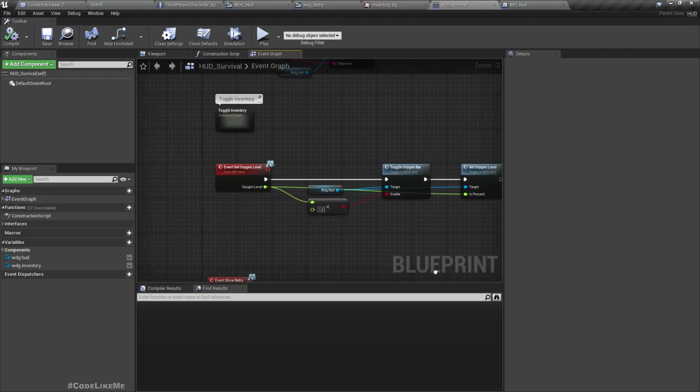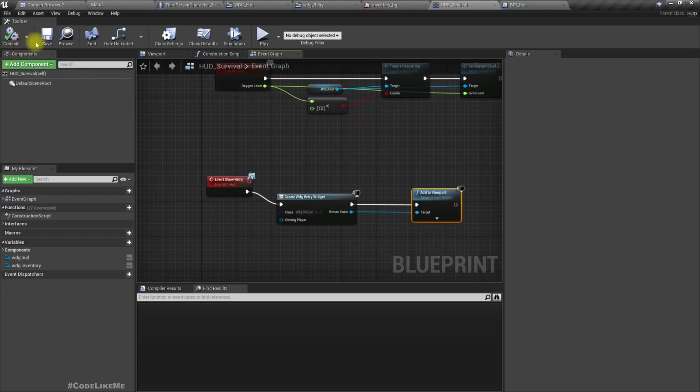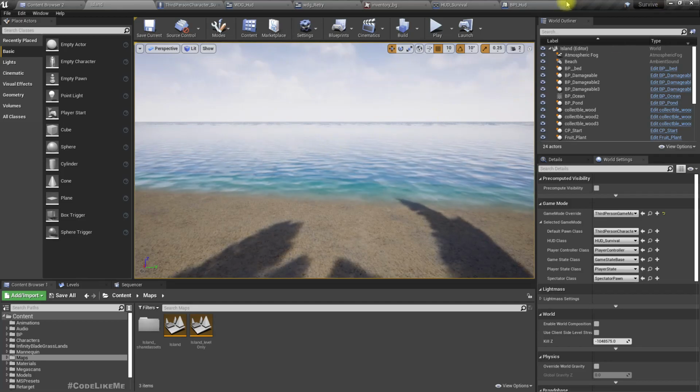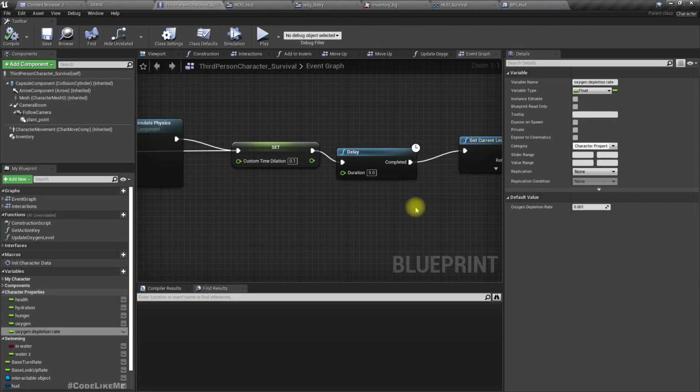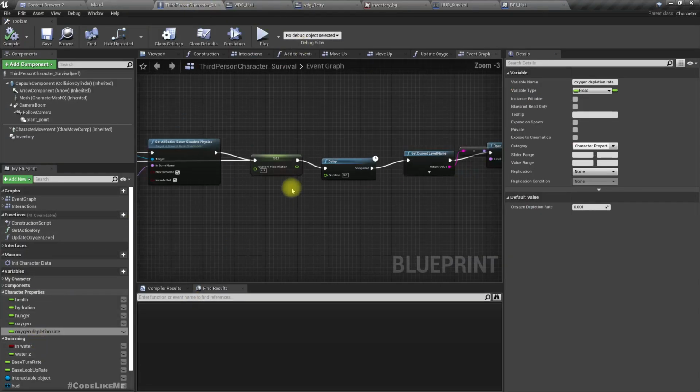No, let's do that later. First let's see if this part works. So when the character is dead, basically